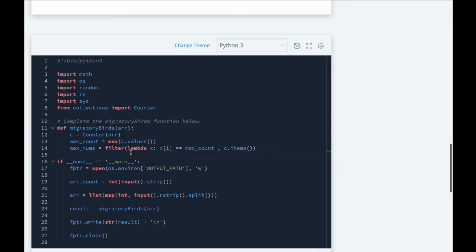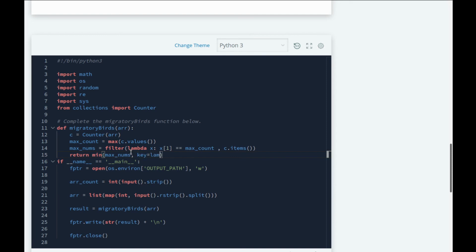Alright, and then we can find the answer, and for the answer we just have to return the minimum of max_nums. So we have max_nums, and we have to find the minimum, right?